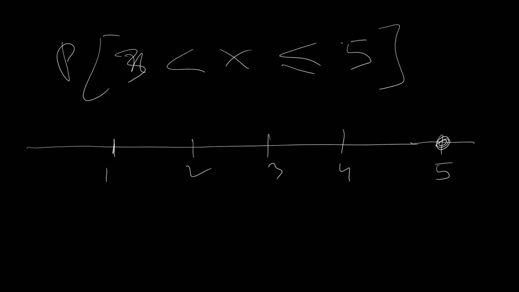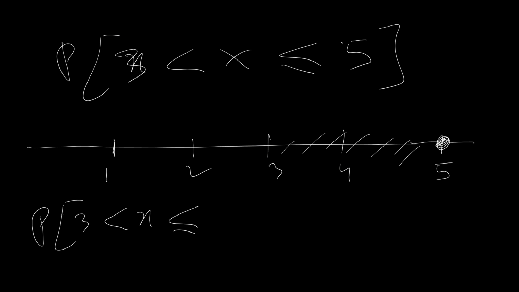So we have to take this value, right? And we want x to be greater than 3. That means we don't want everything from this interval, so we only need this value. So basically this is the same as the probability that 3 is less than x less than or equal to 5